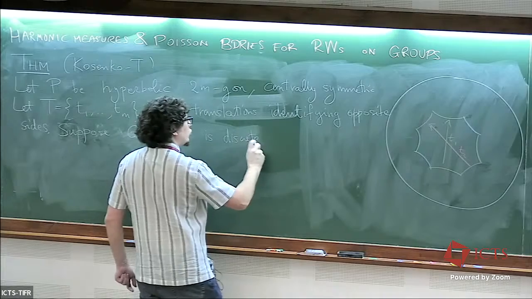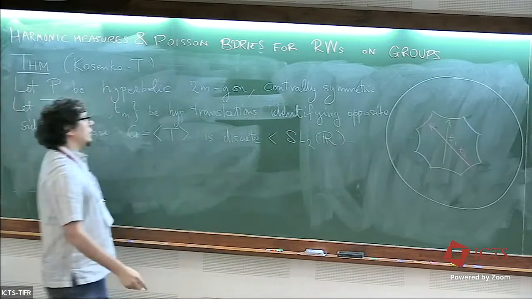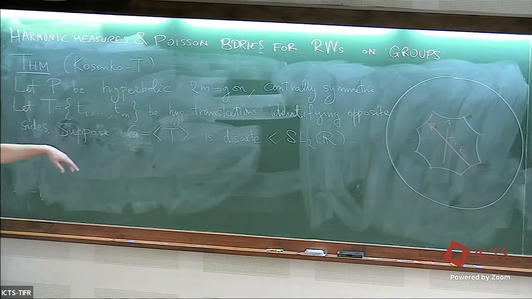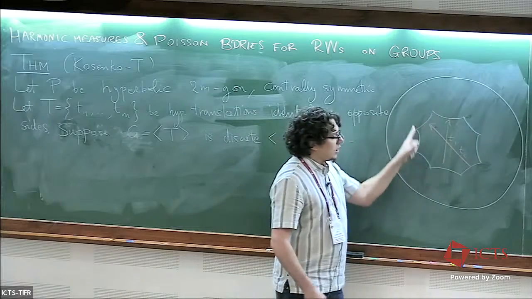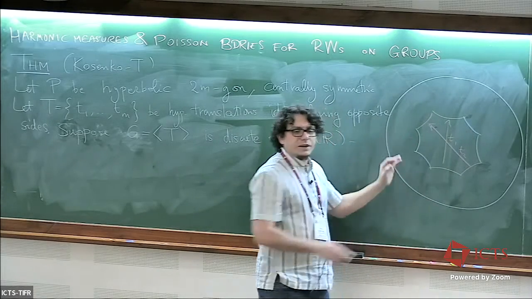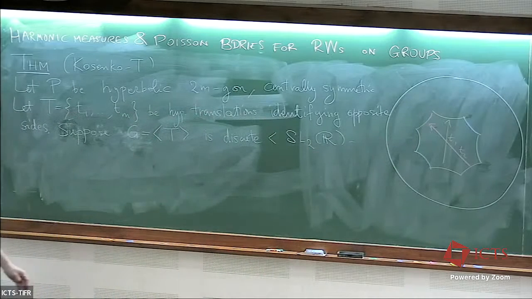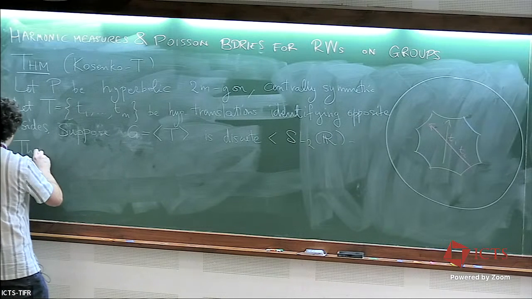So this is a subgroup in SL2R, the group of isometries, and we need the discreteness. For instance, the discreteness is given by Poincaré's theorem if the sum of the angles is a rational multiple of pi. There is a minor combinatorial condition there depending on the parity of m, but that's basically it. Okay, so then for any